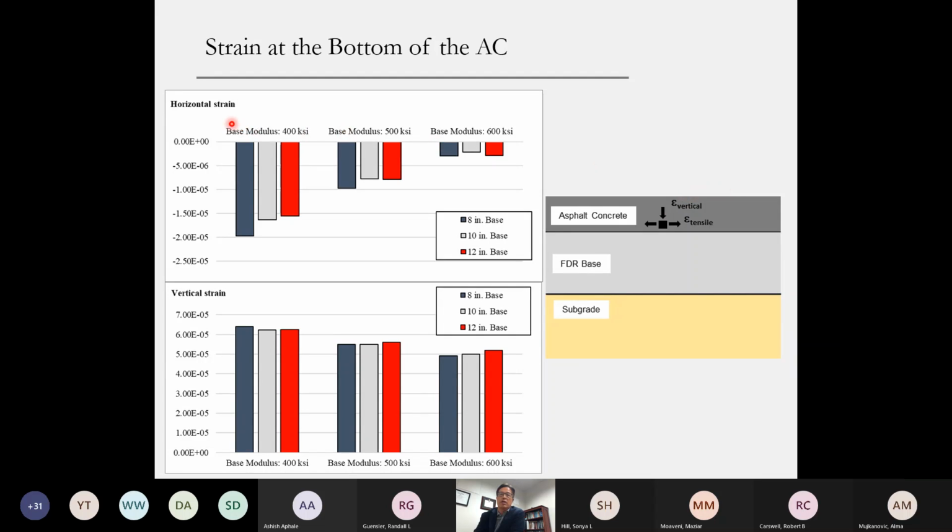We look at the horizontal strain and the vertical strain, and the strains are generally reduced as the thickness increases and as the modulus of the base course increases. When you look at the horizontal strain at the bottom of the asphalt concrete, as the base modulus goes greater than like 600 KSI, we can say this pavement section will be considered a perpetual pavement section, meaning that there will be no chance the FDR base and the subgrade will fail. We just need to mill and fill